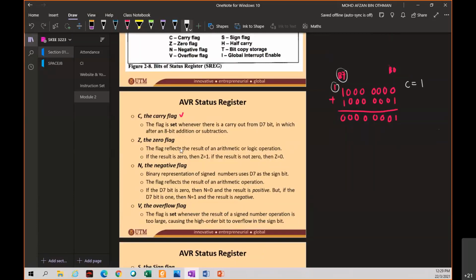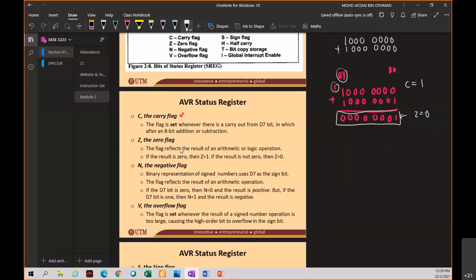Referring to this example, you add these two numbers and the result here has a value, you see the value 1, so Z is cleared to 0. If you add two numbers, for example 1 0 0 0 0 0 0 0 plus 1 0 0 0 0 0 0 0,